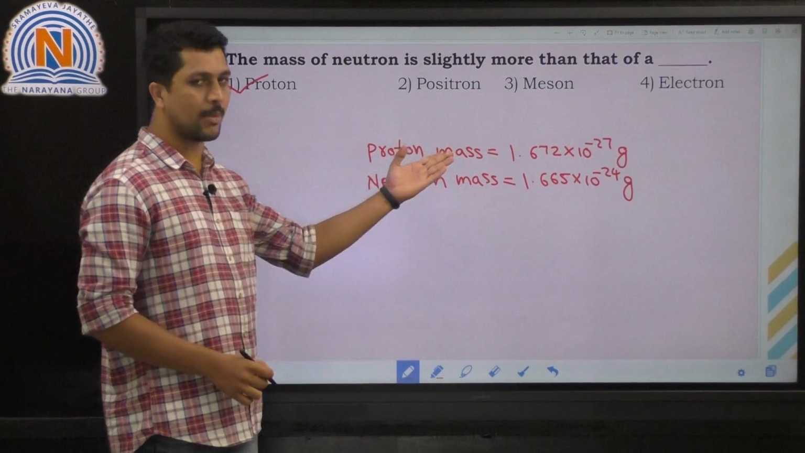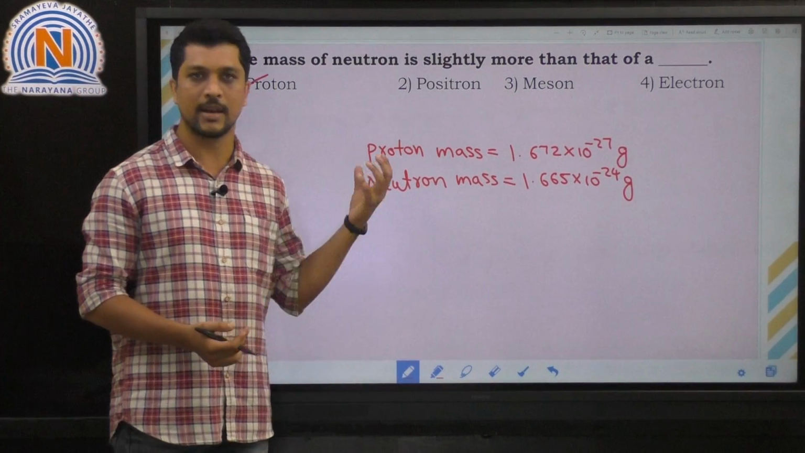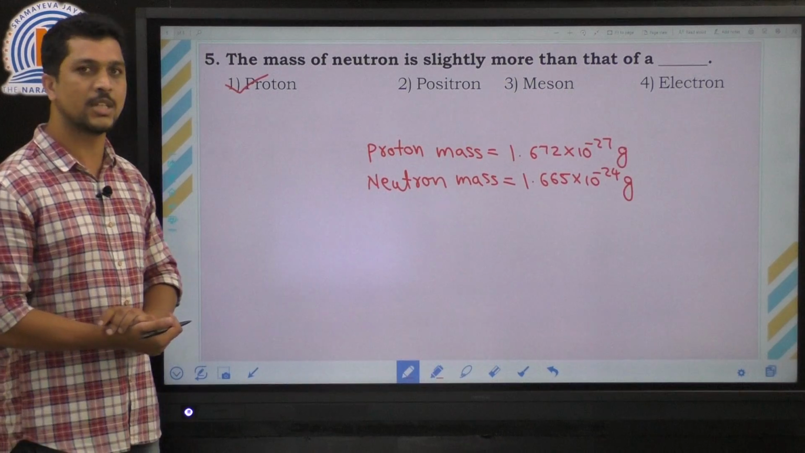So here the proton mass and neutron mass, we can observe here. So the neutron mass is little bit higher than proton. So the correct option is first option,